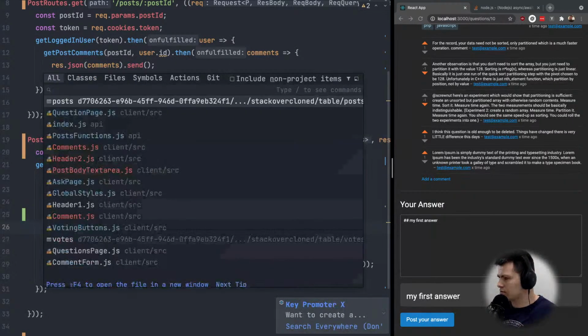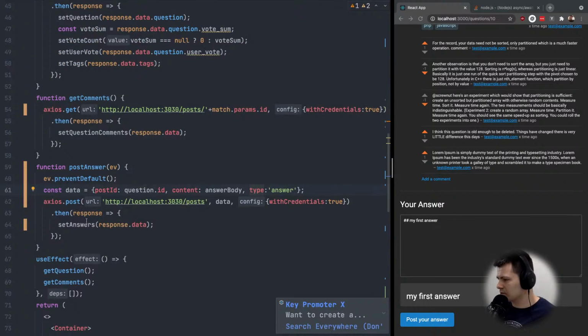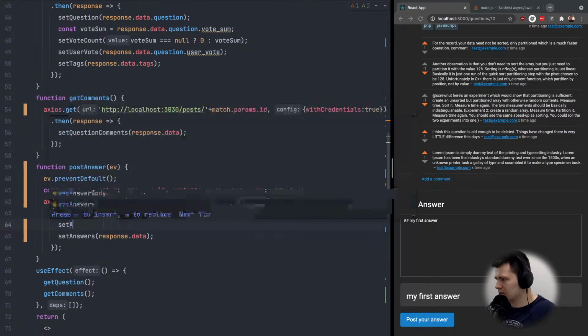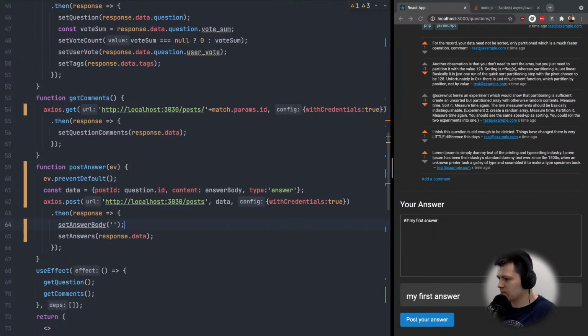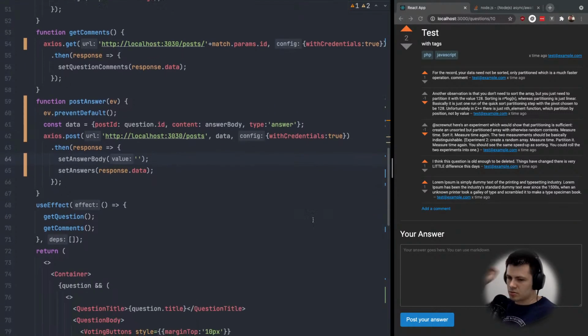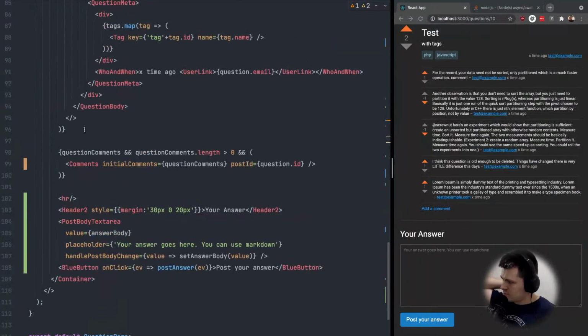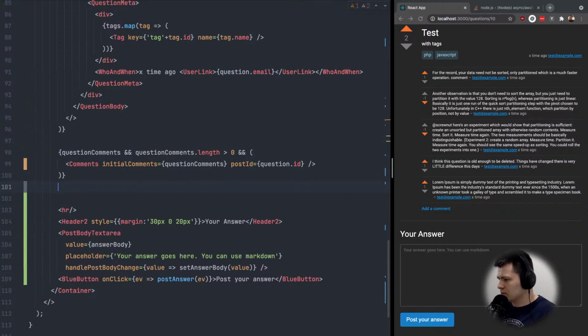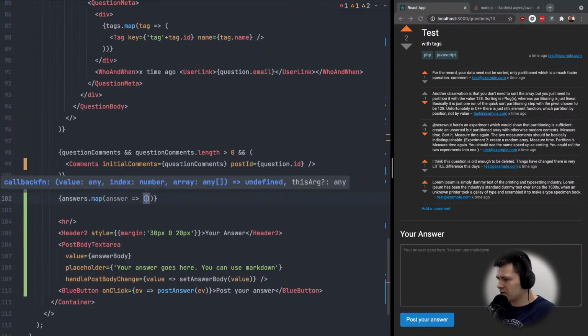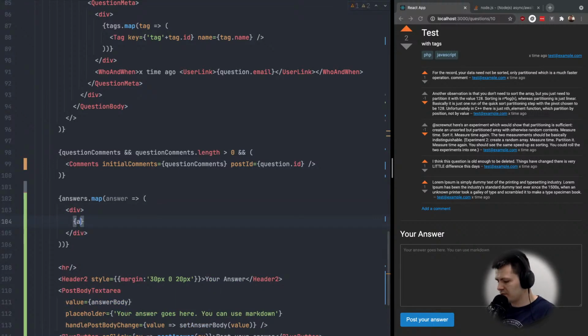And let's go to our question page. So now we need to fix so we show the answers here. Alright, so after someone posts the answer, we also want to reset this area here, so it will be set answer body to an empty string. Let's refresh, so it will be empty. Now we want also to list the answers. So above this form, let's do answers map answer, and for now let's just do a div with answer content,